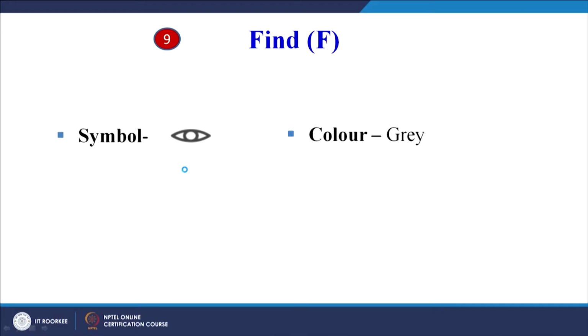Next symbol is find. You can see here this is the symbol for find. The color is gray, and maybe you can find a situation where you can see an application of find. This can be taken as an assignment. You must remember that you have to do this as an assignment. It can be a question in the exam related to an example of the find therblig. Now the ineffective therbligs, this is search.